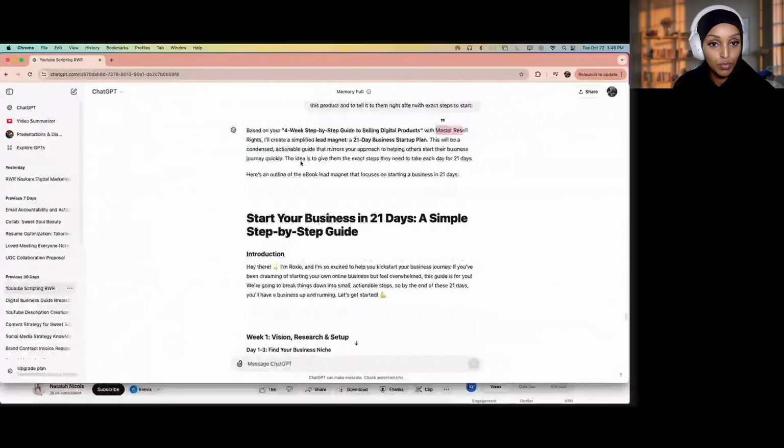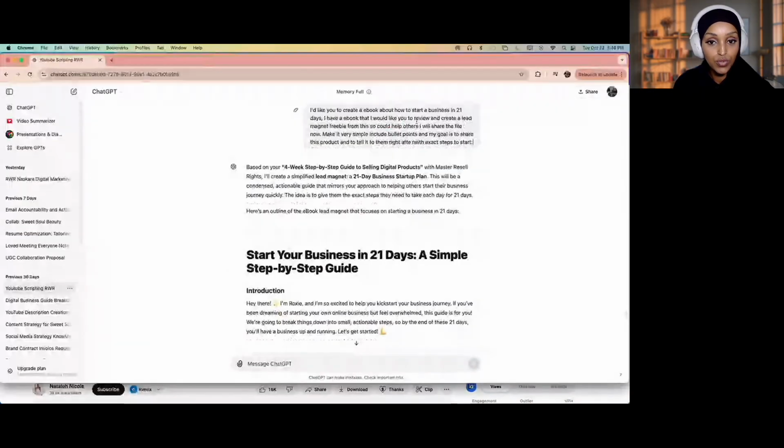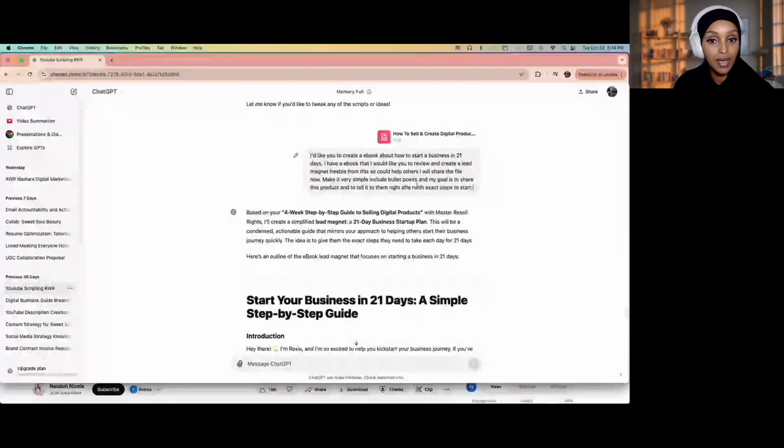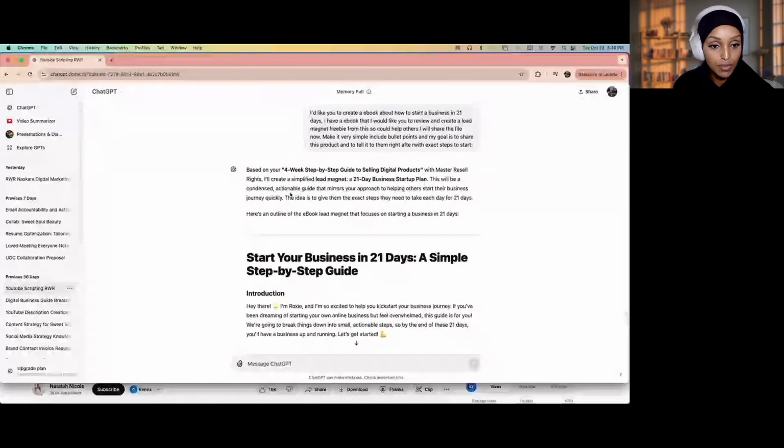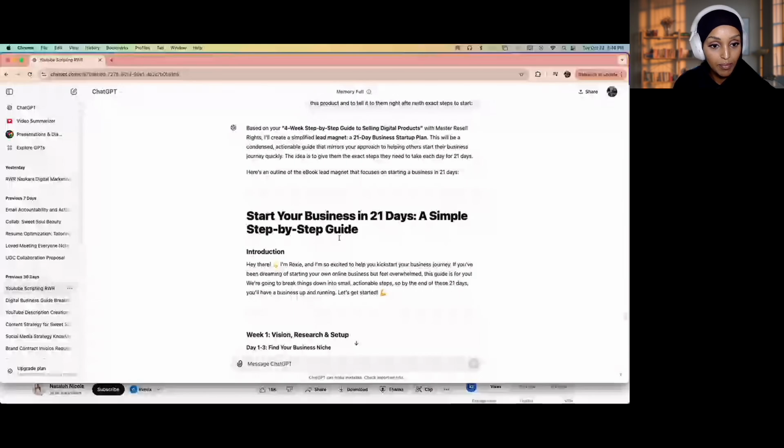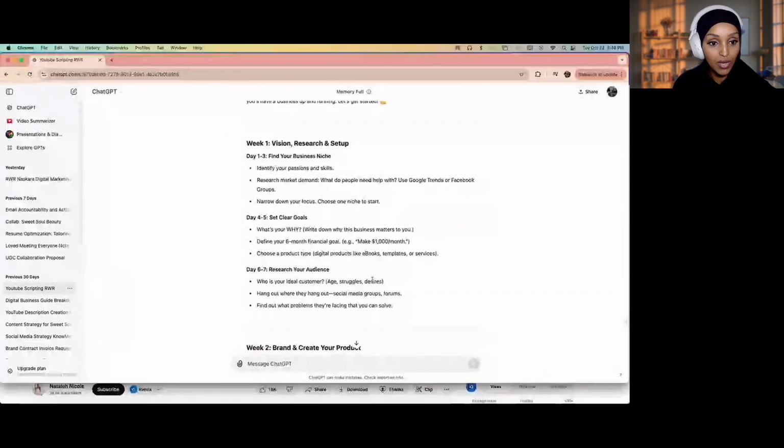But without further ado, guys, I've pretty much put in my prompt right here. I've used another digital product as an example, but you actually don't have to. You can just create a prompt, just talk to ChatGPT by using your voice. And so ChatGPT pretty much wrote all this up for me. And now we're going to take all this and create a digital product.